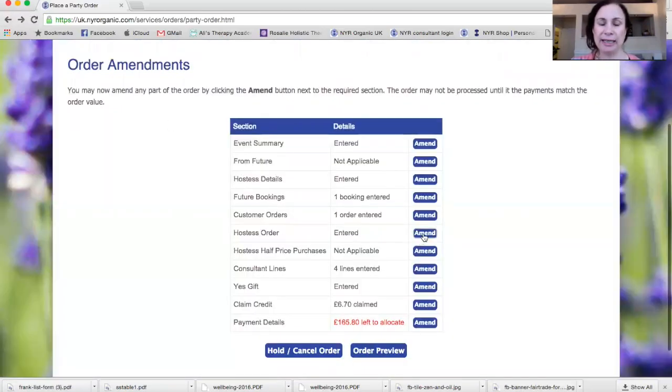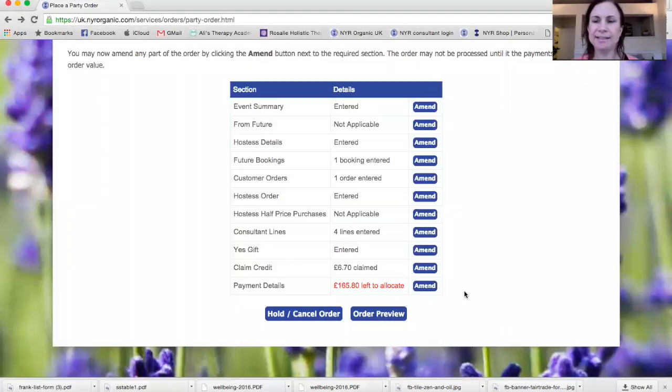Or you can click hostess order and you can amend what you want for your hostess free shopping. You can click yes gift and you can change your yes gift. So just to end your order, once you've amended everything that you want,